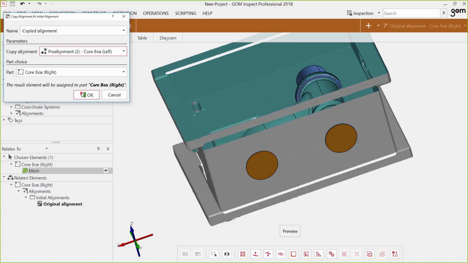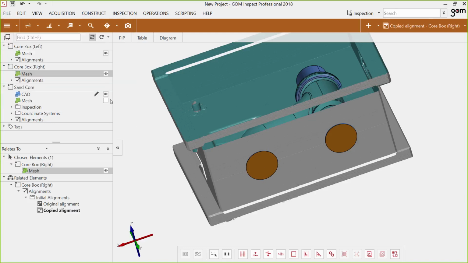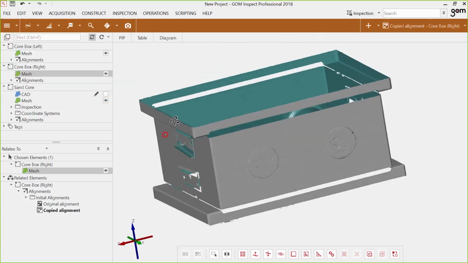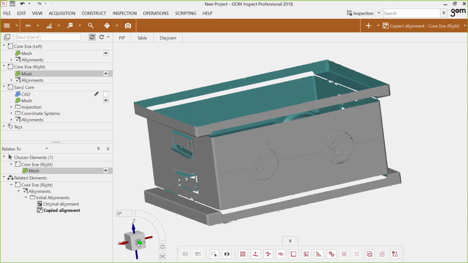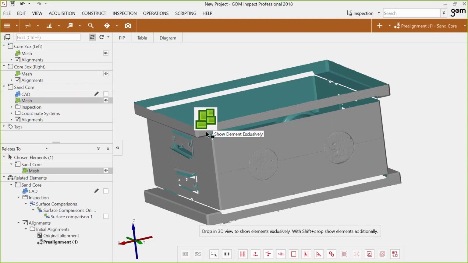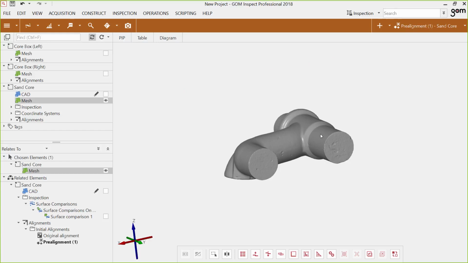We want to copy the alignment of the core box left, and we want to copy it to the part core box right. So now you can see that we reconstructed our measured assembly situation, and I made the actual data of the sand core visible, so we recreated our assembly situation. The next step is we want to assess the quality of the tool. So we want to visualize the gaps between the sand core and the core box, and therefore I will use